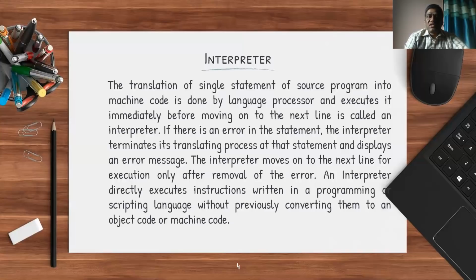It always considers one line at a time, converts it, and then immediately executes that converted line, producing the corresponding output if no error is there in the corresponding line. If an error is there, execution stops, and then immediately an error message gets displayed. So that is the working of an interpreter. And you need to understand one thing here. When you talk about interpreters, there are actually two types of interpreters.